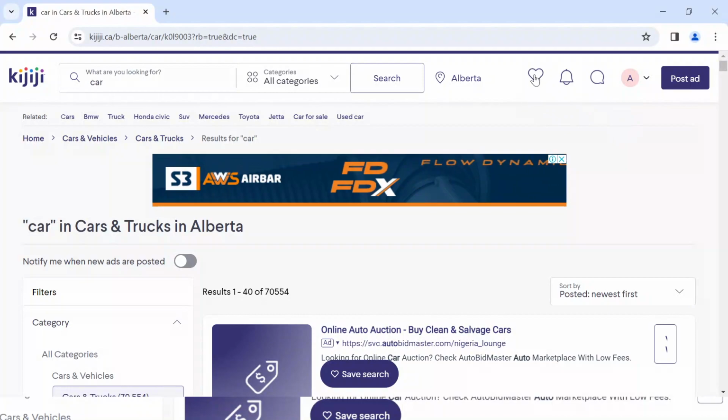So today you'll be learning how to add images on Kijiji. All you need to do first is to log on to the Kijiji website on your PC or your mobile phone using www.kijiji.com, and on the home page that will display to you, you see